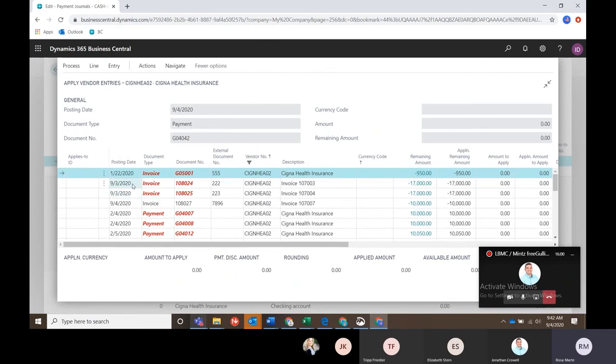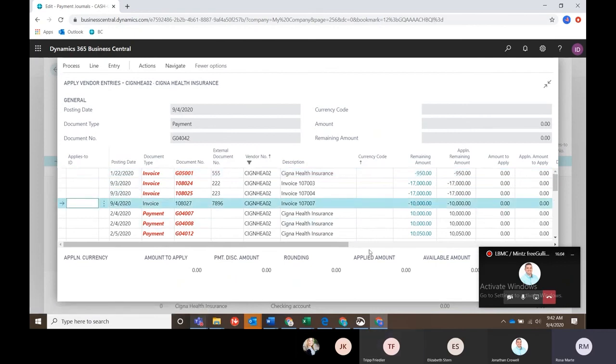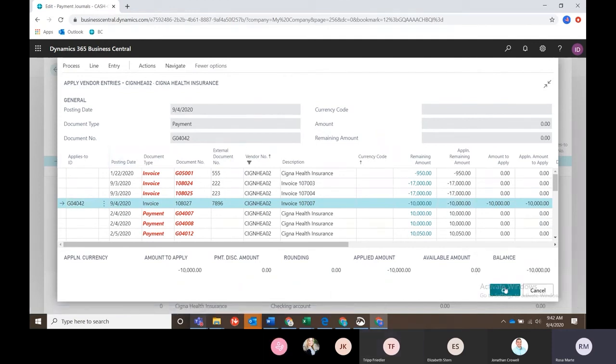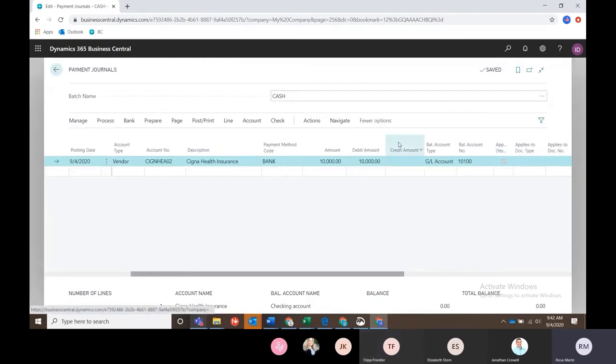Let's say this one will be the one that we were looking at now. So we apply it. It indicates the number of the payment that I have in my journal. It brings the amount here, so I don't have to actually put the amount. If I'm paying more than one, I can also do it by applying more than one invoice. And then in this case, when I try to post it,